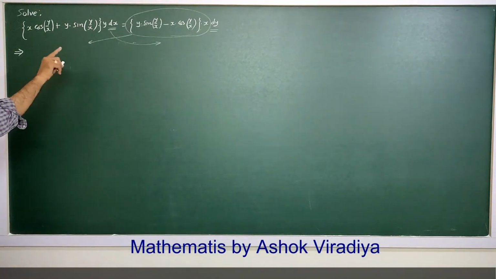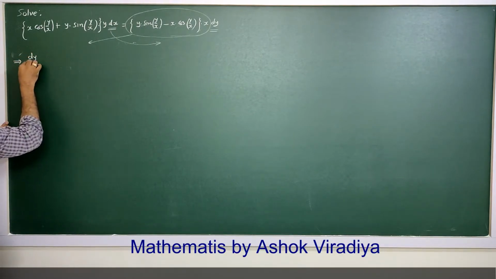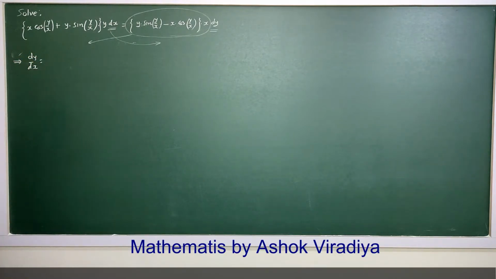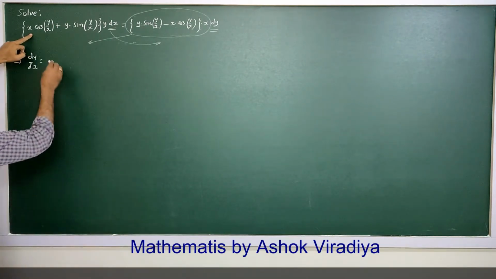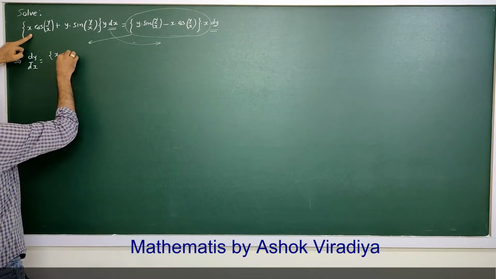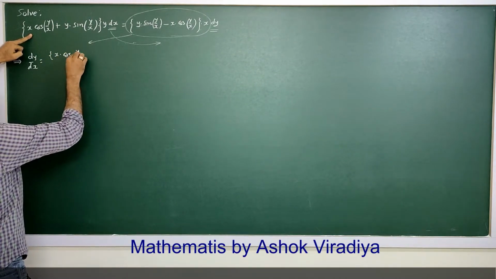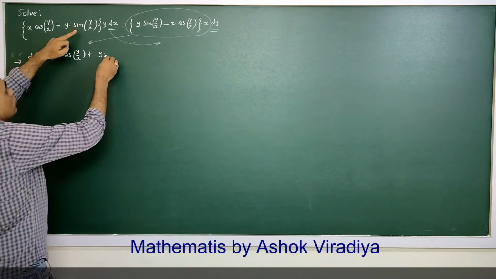So dy by dx is nothing but cross multiplication. Dy by dx is, keep this value as it is,